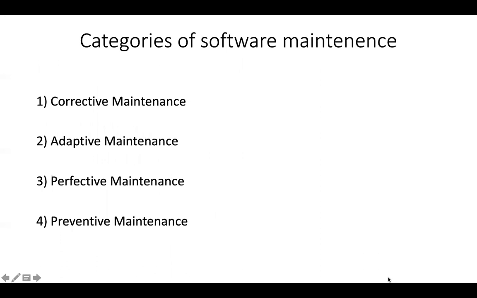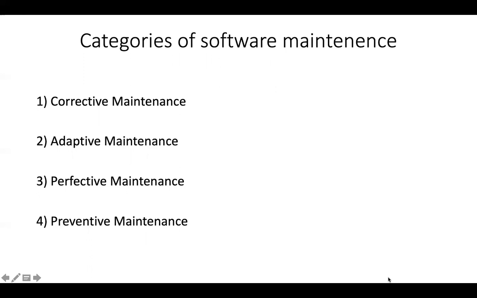Next, there are certain categories of software maintenance. There are four basic categories. The first one is corrective maintenance. We are going to explain each and every maintenance type. Corrective maintenance means corrections, rectifying some bugs observed while the system is in use, or enhancing the performance of the system. This is generally called corrective maintenance, either to rectify the bugs when you're using the system or to improve the performance of the system.